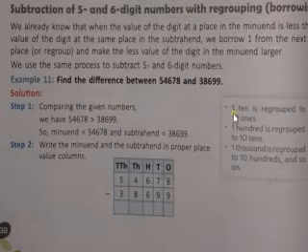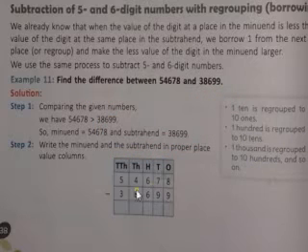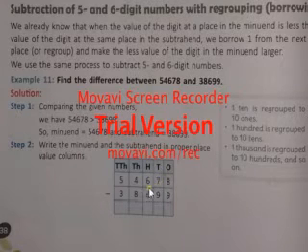Here it has been written, 1 ten is regrouped to 10 ones. That is, from 1 ten we are taking, then in ones it becomes 10. It will not become 8 and 1, 9, it will become 18. 10 and 8, 18. 1 hundred is regrouped to 10 tens. When from 100 we take carry 1, then it will become 10 tens. That means when it has given 1 carry, now 6 is left, and again it has taken 1 carry from here, then it will become 16 tens. It will become 16, not 7.